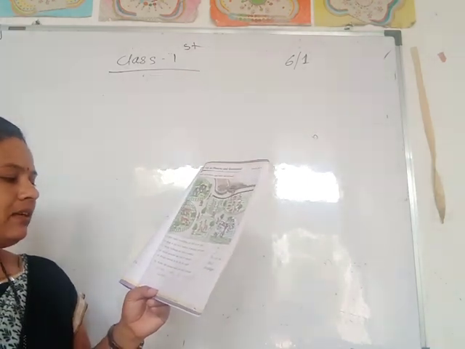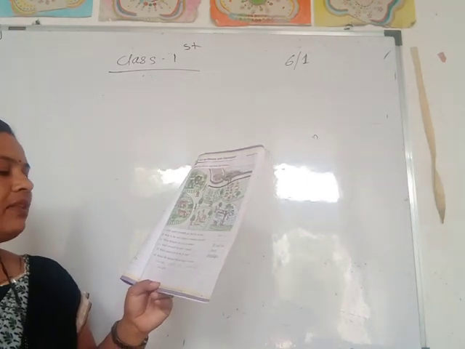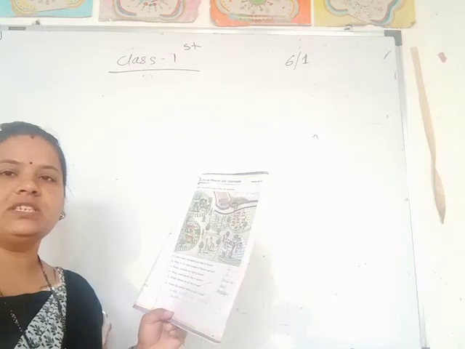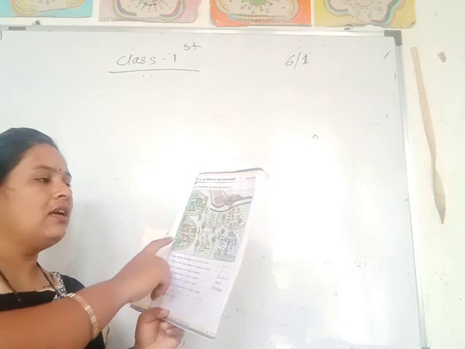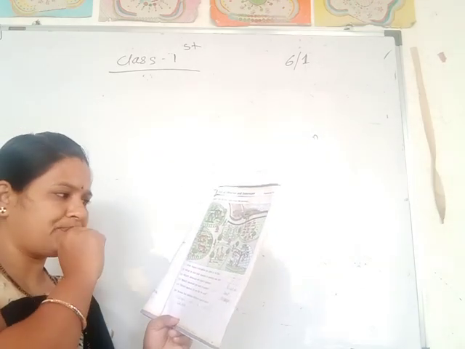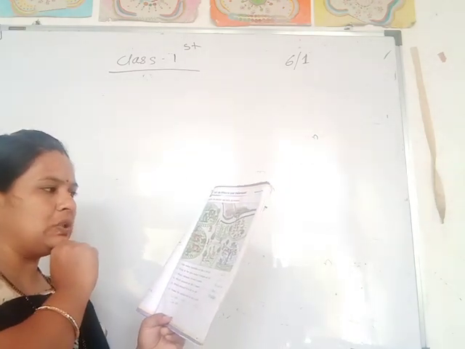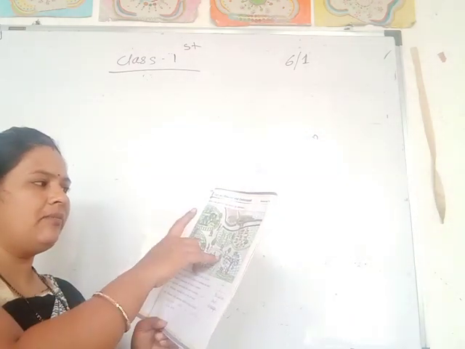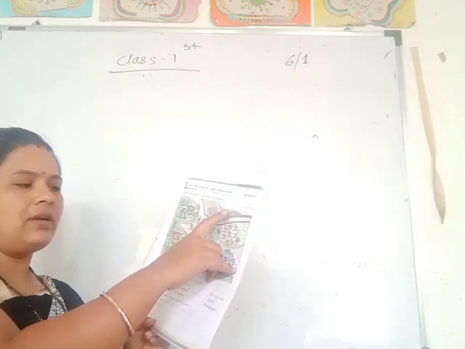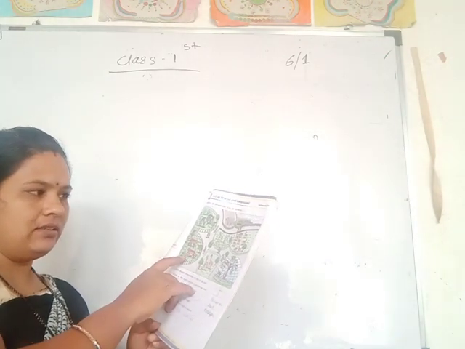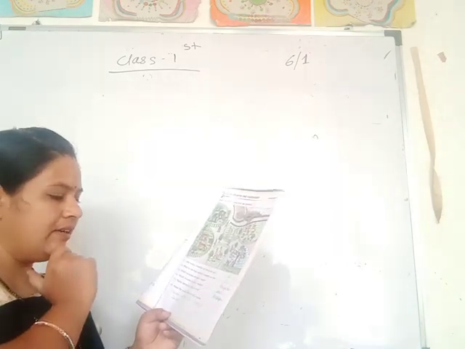Then the next question you see here, name the animals which are equal in number. Name the animals which are equal in number means some animals here are 2 in number. Which animals are 2 in number, means equal in number? Elephant, crocodile, here giraffe, here tiger. These are equal in number.